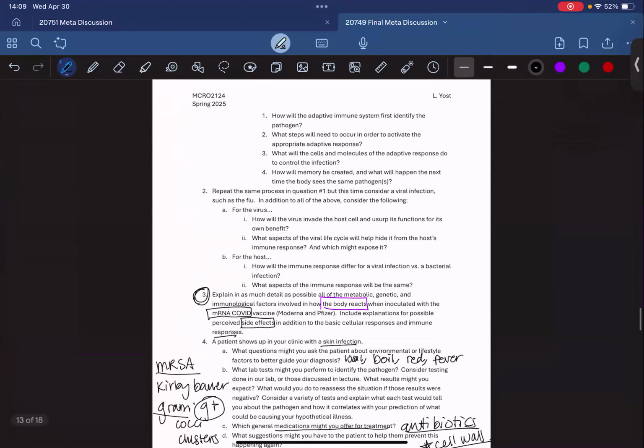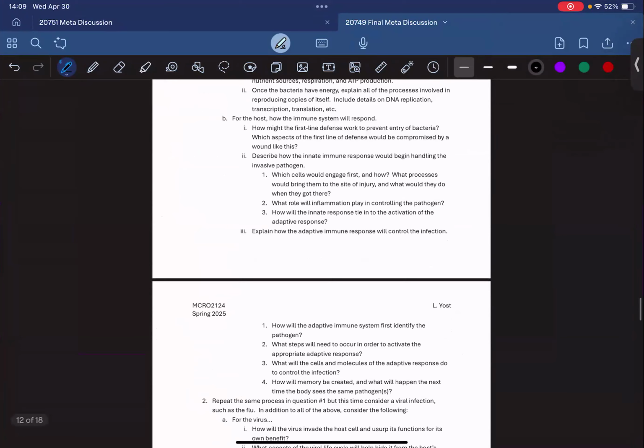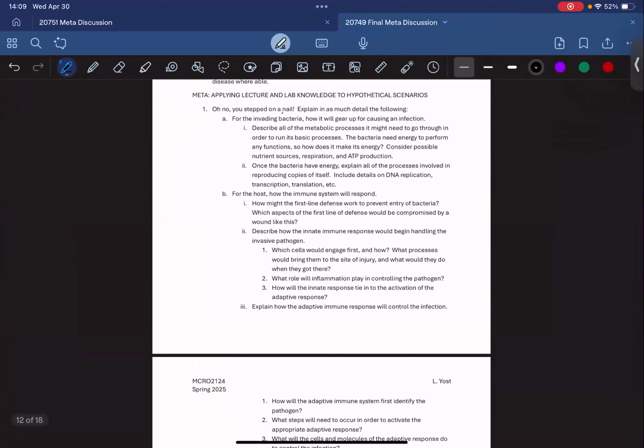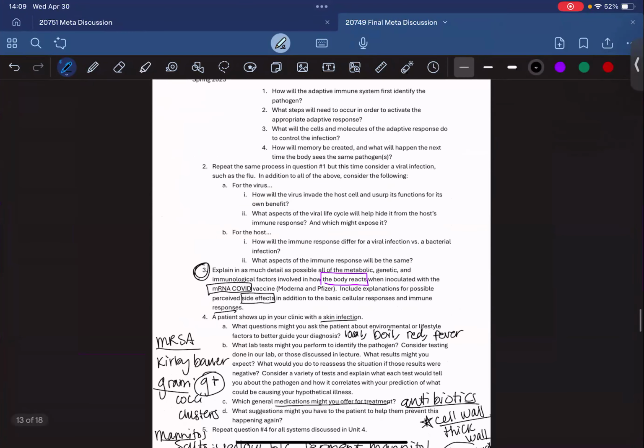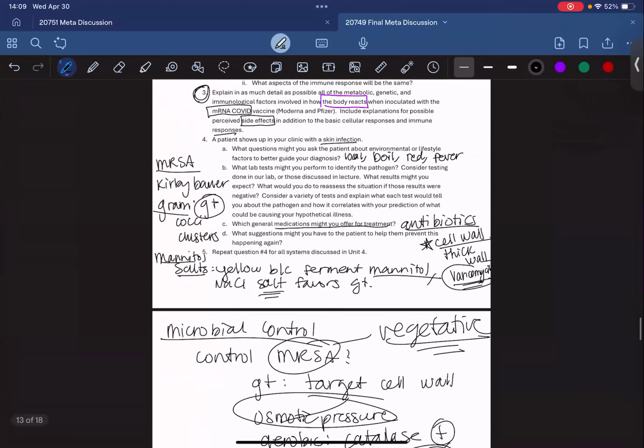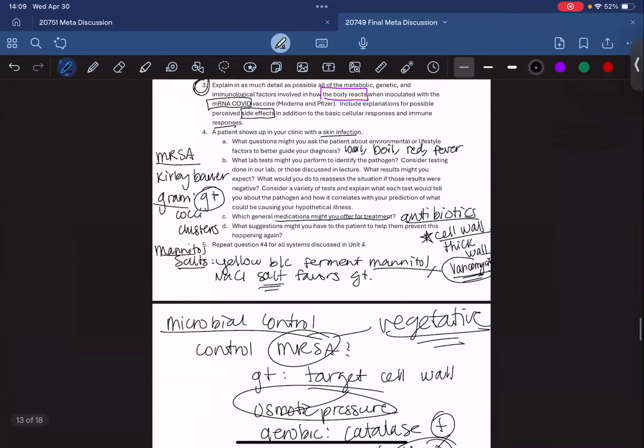Well, if we don't have any other questions about any of this, then I would highly recommend that you guys take the time to go through these, talking about what happens whenever you get exposed to pathogens, for viral infections, for bacterial infections, and such. We kind of went through HIV on this one, and it's a little more complicated because we do affect the immune system with that actual viral infection, and that's what leads to the killing of our CD4 positive T cells by our CD8 T cells, and then all of our infected CD4 positive T cells get killed off. We don't have any captains, and now suddenly you are susceptible to those opportunistic infections,